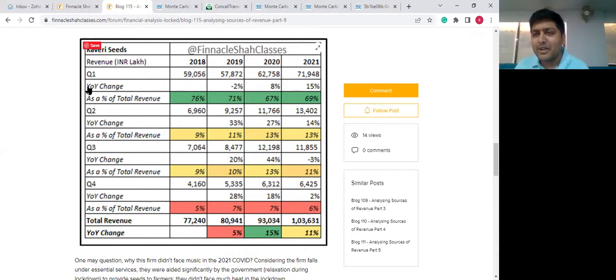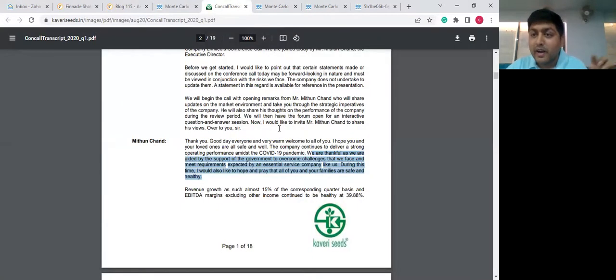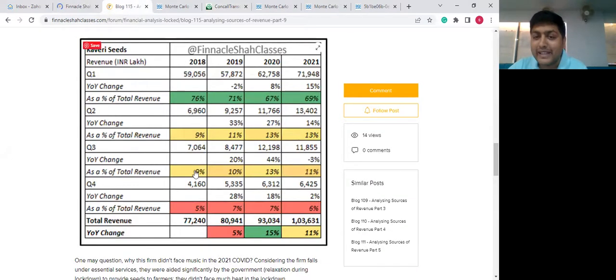Remember, Kaveri Seeds comes under essential services. Essential services, because if you don't provide seeds to farmers, who's going to feed the entire nation, right? So the government of India supported these guys, and this is something which has been discussed in the Q1 FY21 con call. As you can see, they're stating that we are really thankful for the support of the government, given we are considered an essential service. We were allowed to operate without any hiccup or restrictions. So yes, sometimes seasonality needs to be taken a look at from all the